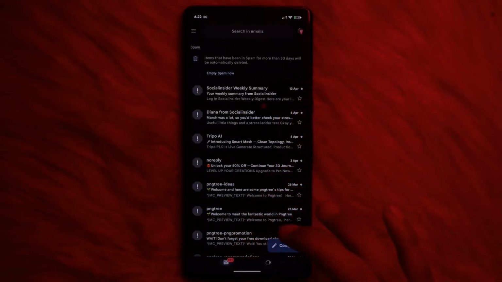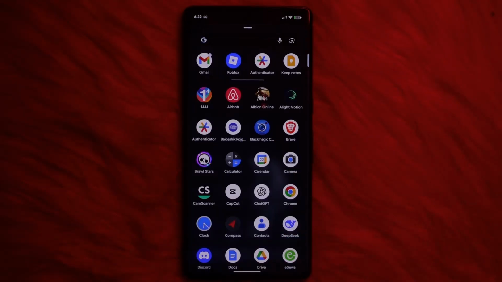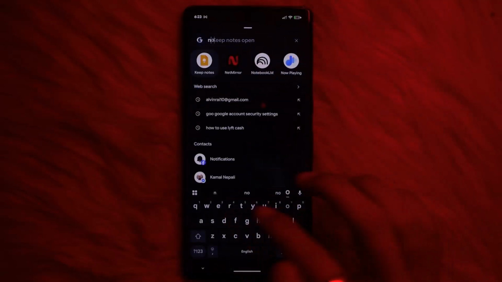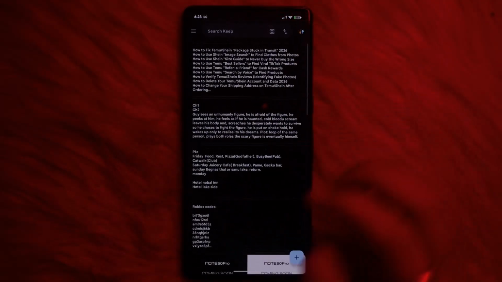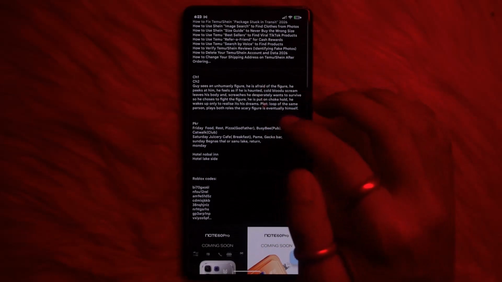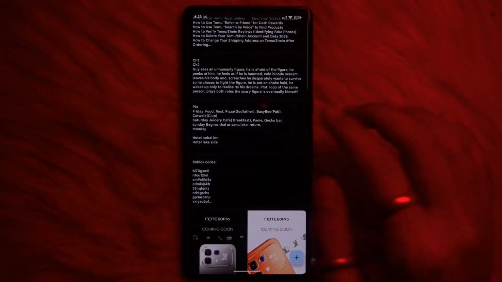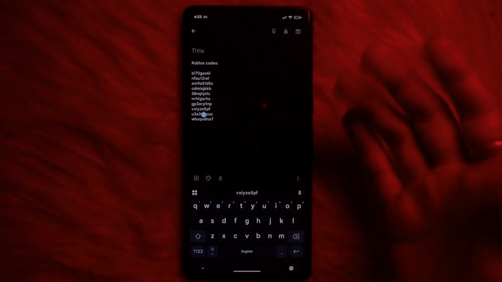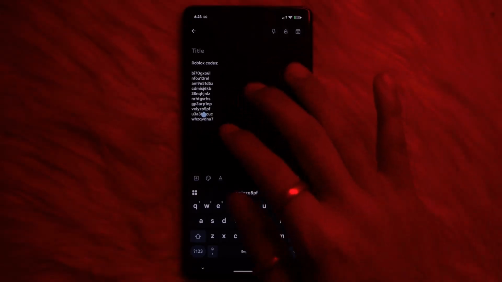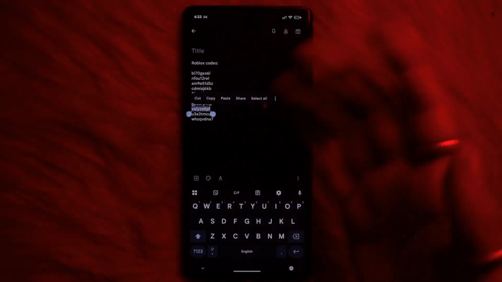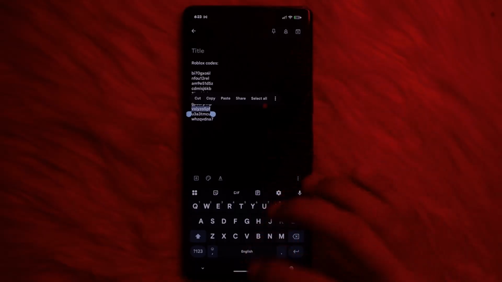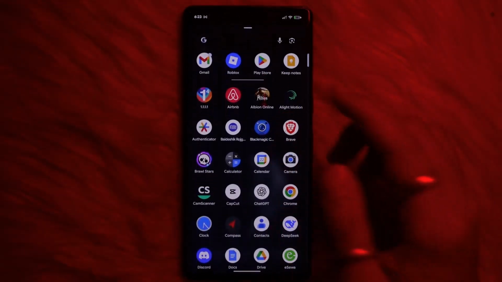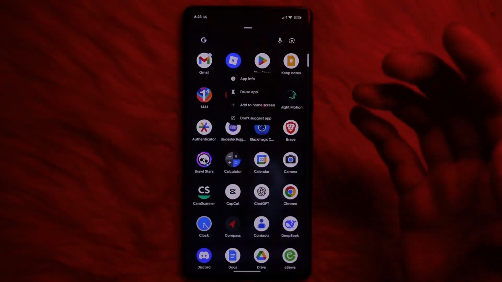And once you've done so, the alternate verification method would be to go ahead and search for your backup codes. So if you have any backup codes, you might have saved them somewhere in your folder, in your notes. You might want to go ahead and check it out and copy one of the codes and just paste it before you log in. Or what you can do is go ahead and long press on your Roblox